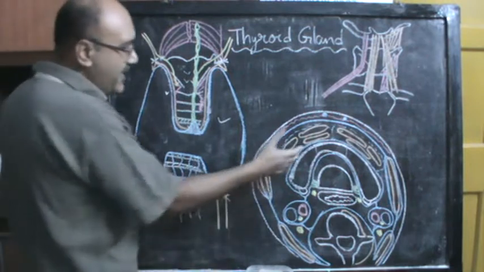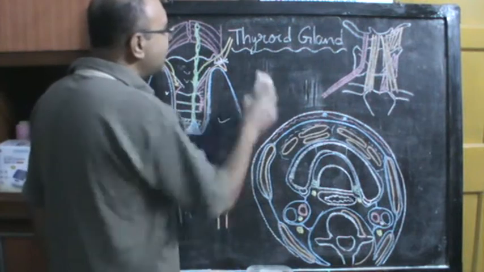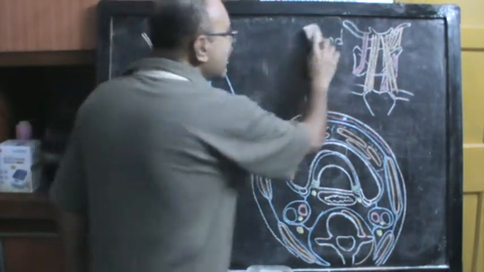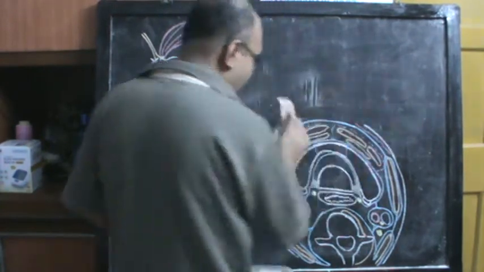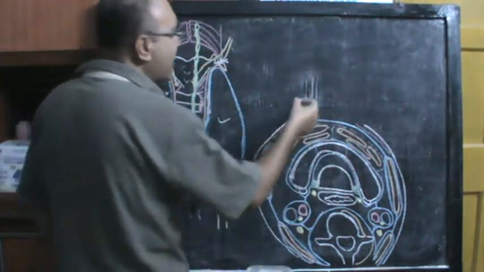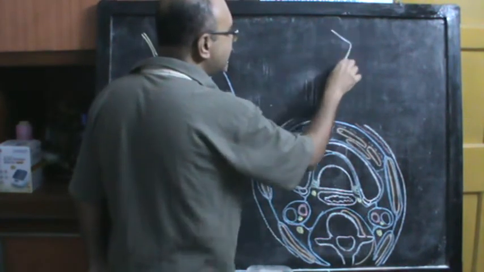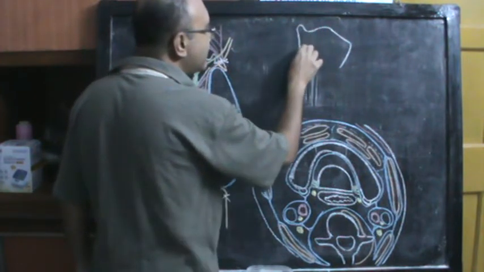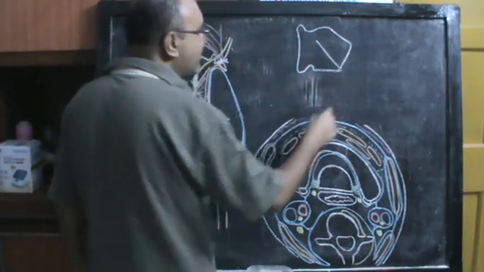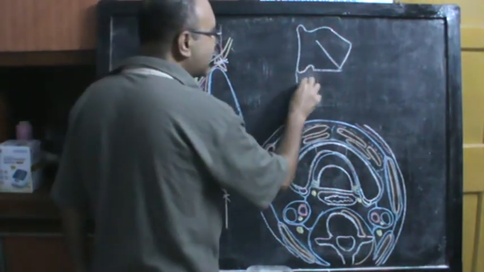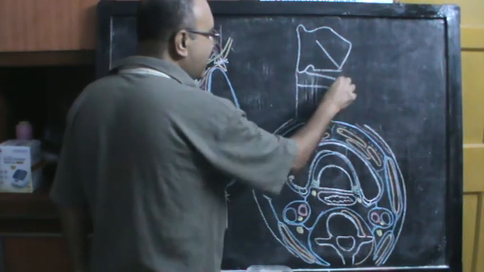So this medial surface of the thyroid gland, you have the lateral lobes of the thyroid, you have to deal with separately. To deal with the medial surface, we will have to again draw the thyroid cartilage. So if you draw the thyroid cartilage, suppose this is the thyroid cartilage, and from the thyroid cartilage this is the cricoid cartilage, and this is the trachea going down.